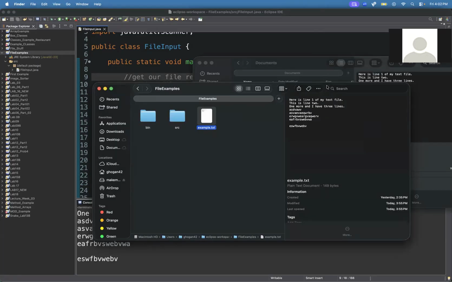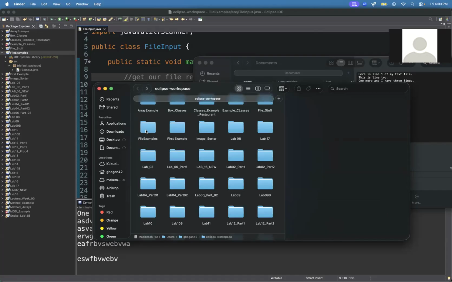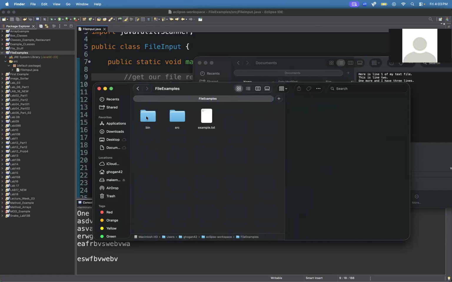Also, again, a difference between Mac OS and Windows that I should go over in a quick other video is that this example.txt might need to be in the folder called bin, which is binary. So SRC is source, that's your source code for your project. BIN is the binary file for your project. So if you're on Windows, when you go here, you might have to click on your project name and then click on here. And this is where you have to put the example.txt on Windows. Anyway,